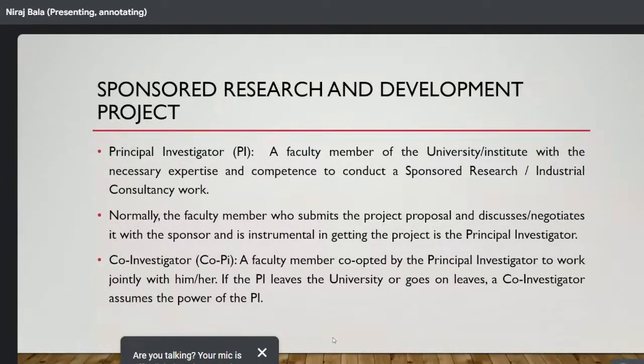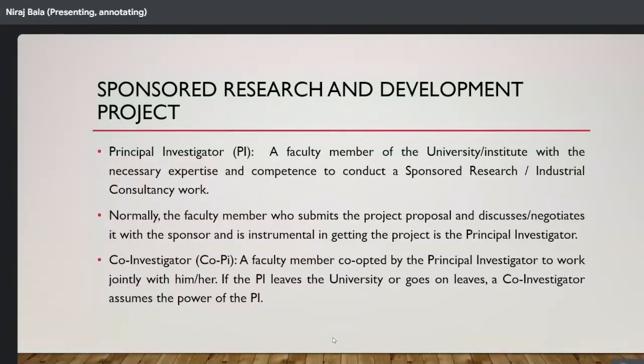Sometimes people take a co-investigator, I will show you in the coming slides, from the industry, from some medical field, or from some other organization. So co-PI can be from the same institute and also from a different institute. Sometimes what happens, 2 or 3 people doing similar type of research can collaborate together and apply for the project. Mostly we have one,